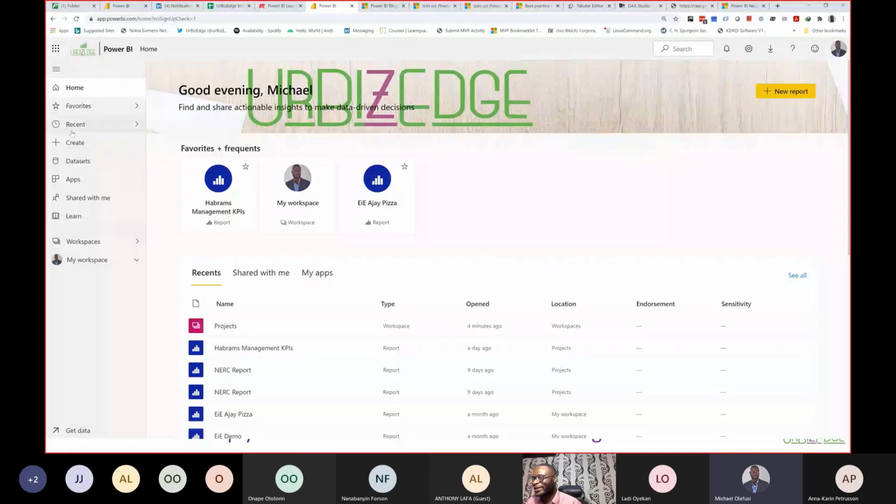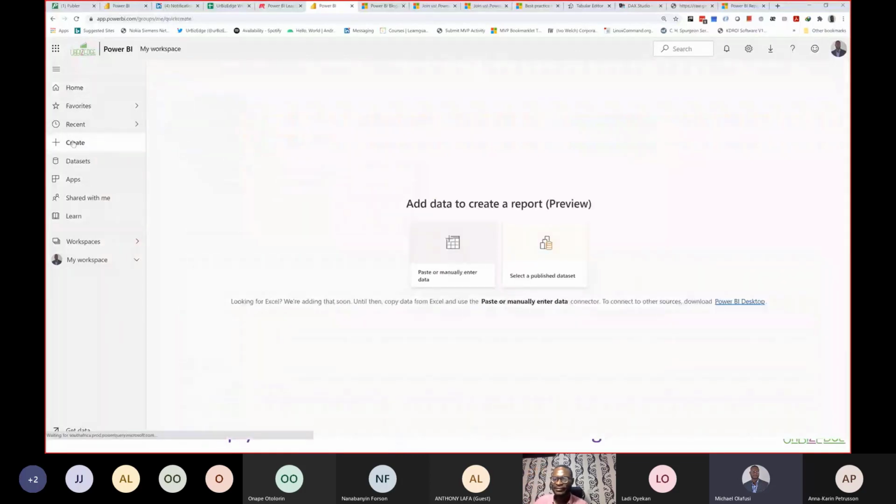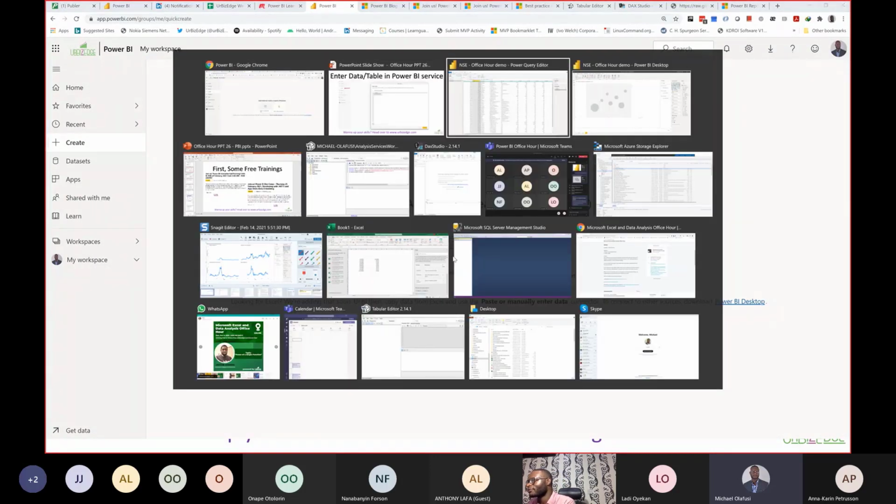So if I click on create, you will see that there's something new there. This is one of those new things that you're going to enjoy if you have always been constrained by the fact that you don't have the Power BI desktop installed on your device. Maybe you use a Chromebook, use a MacBook. Then with this, life is good. You know why? This is the very equivalent of,